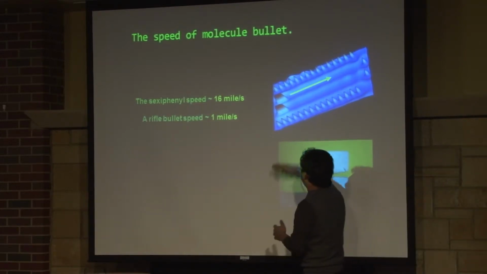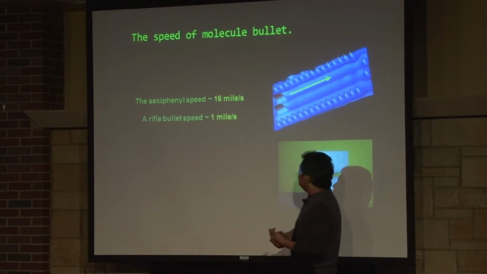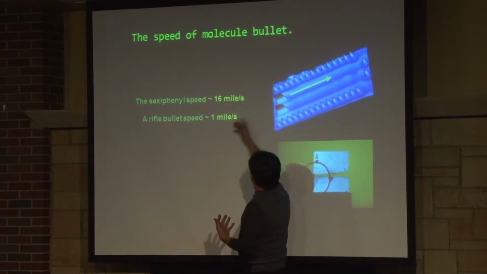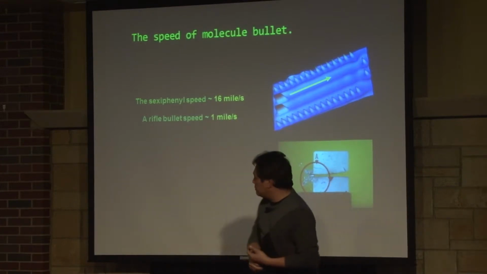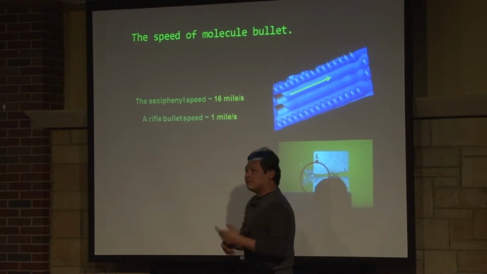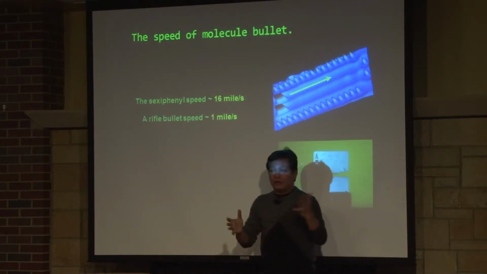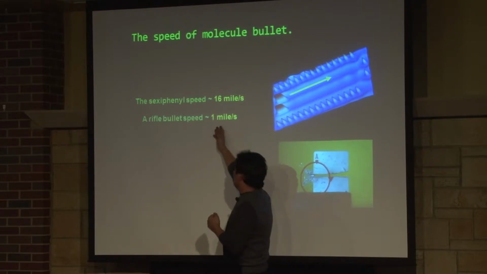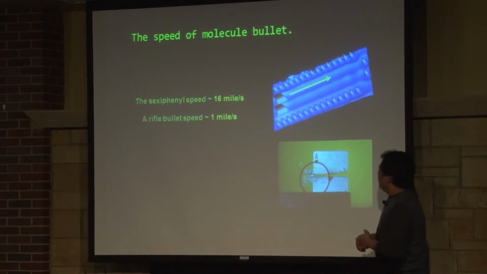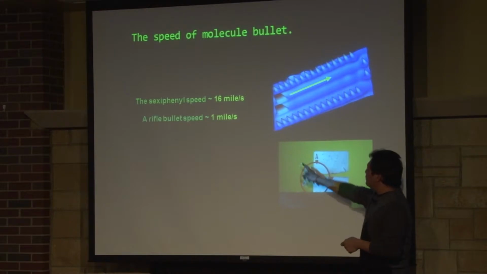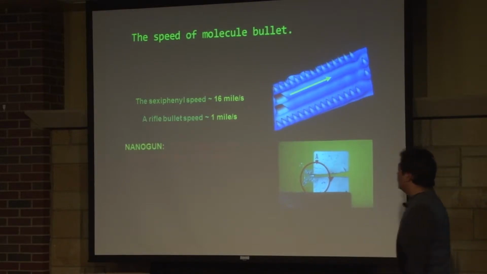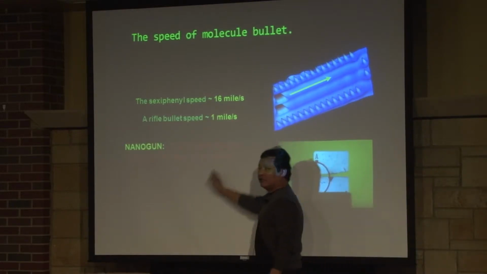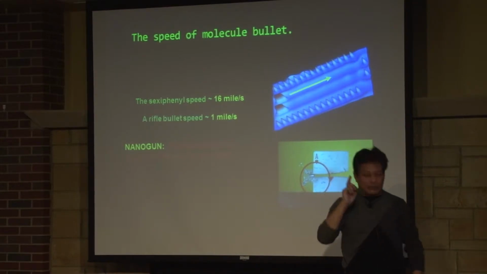The speed we measured, we calculated it actually. I won't go into detail. It appears that the speed of this is equivalent to 60 miles per second, and if you compare with the fastest rifle, if you are NRA, I don't know, you will know that it's about 1 mile per second. So compared to the rifle, we are basically 16 times faster than the bullets. So this is basically the fastest and the most precise gun in the world. It works only at the nanoscale.